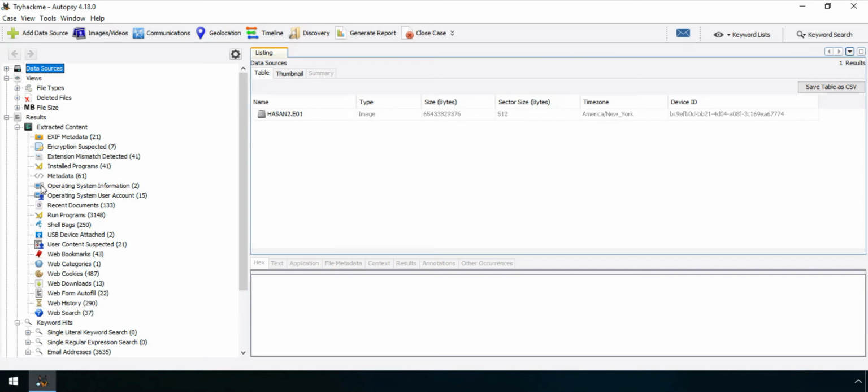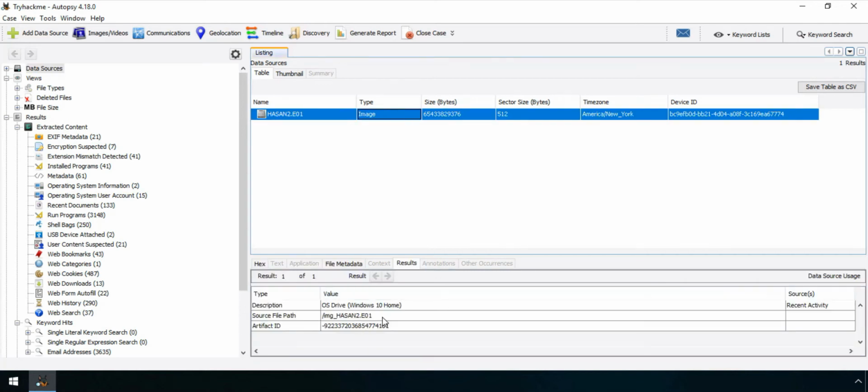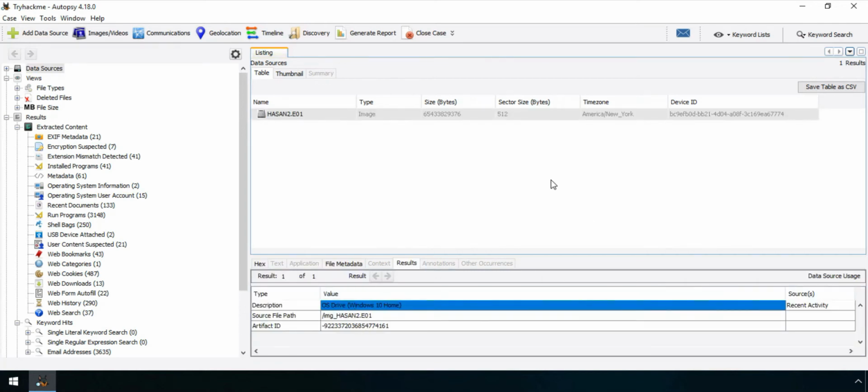But when I looked into other things like the logs and other files around the whole operating system, I found out that this was a virtual machine operating on Windows 10 Home.